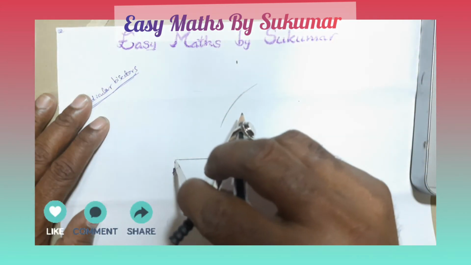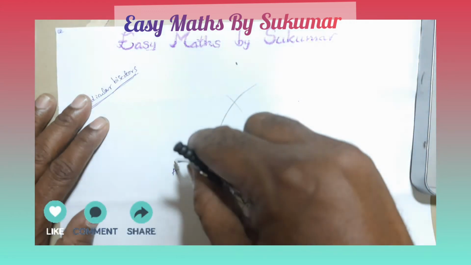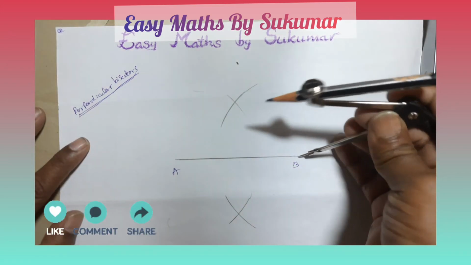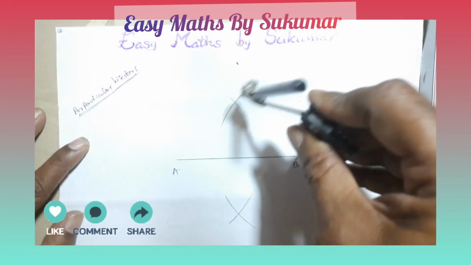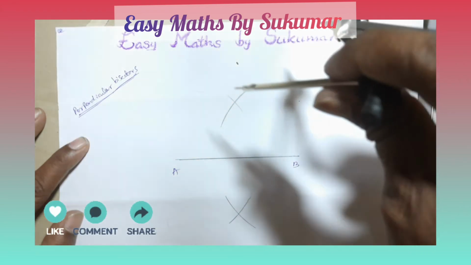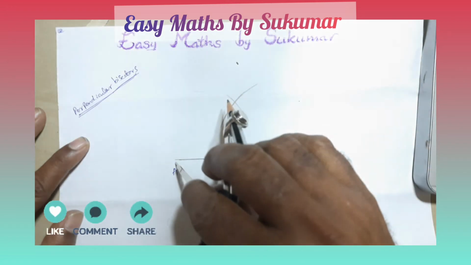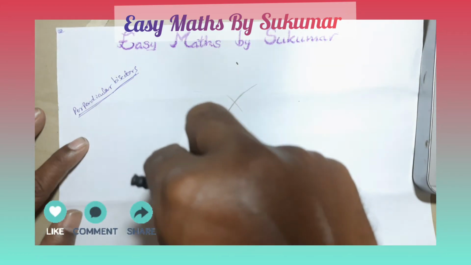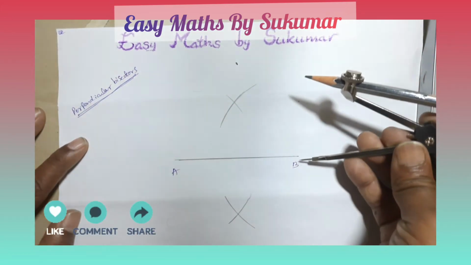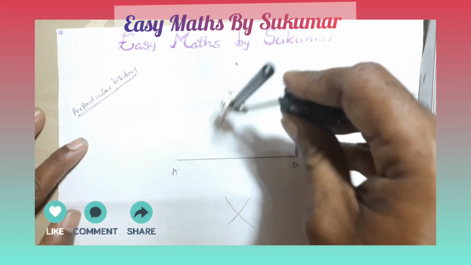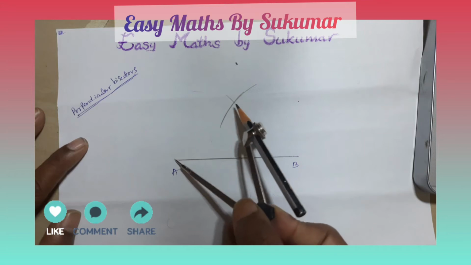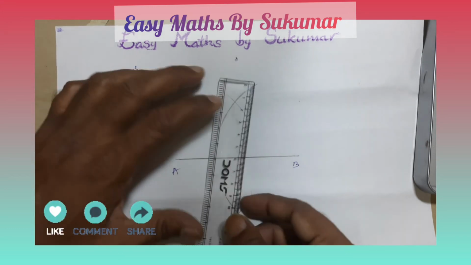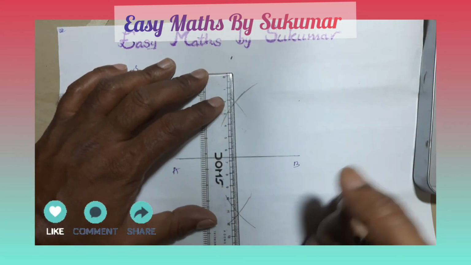With the same radius, my dear students, cut the previous arcs. Okay, first take more than half radius, just draw an arc on either side of AB, with the same radius, my dear students, with A as center, cut the previous arcs like this. Are you able to see? Here like this. The same radius, just cut the previous arcs. So, my dear students, if you join these two intersecting arcs,